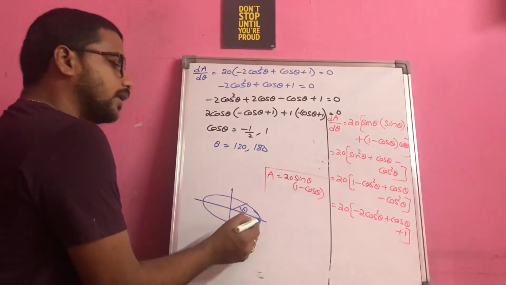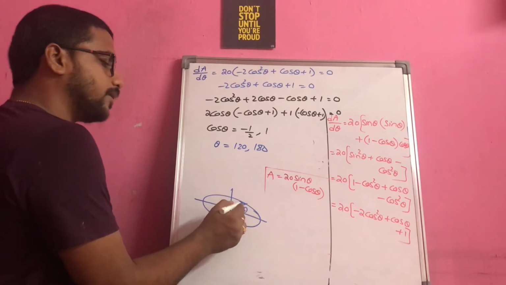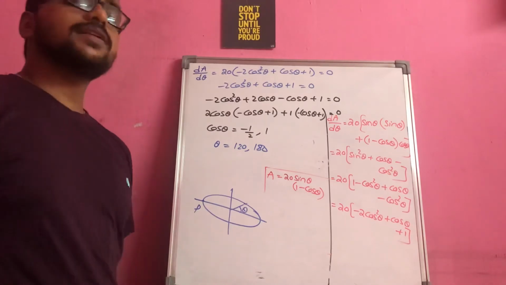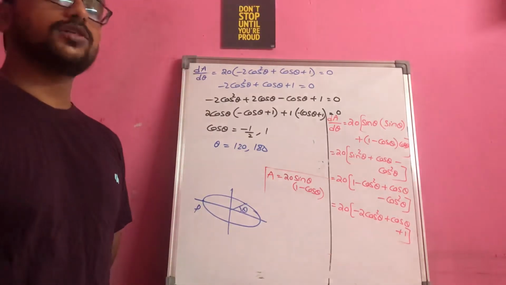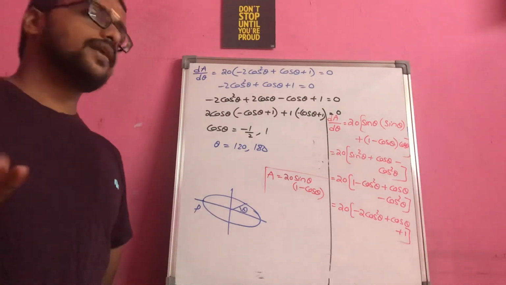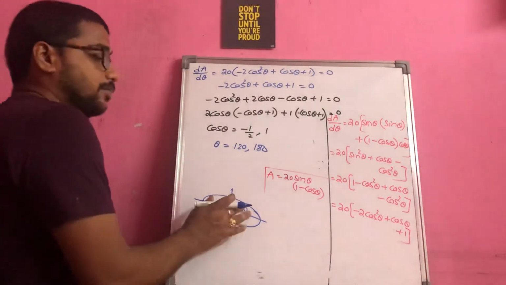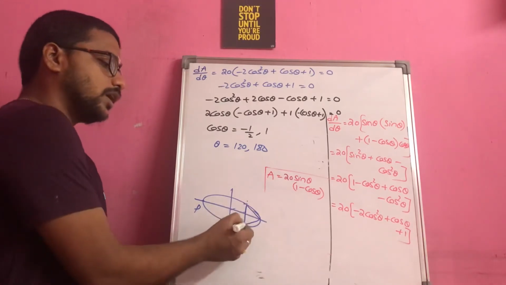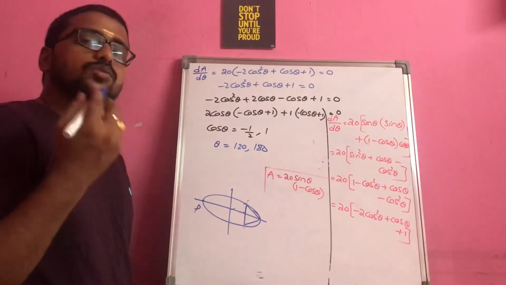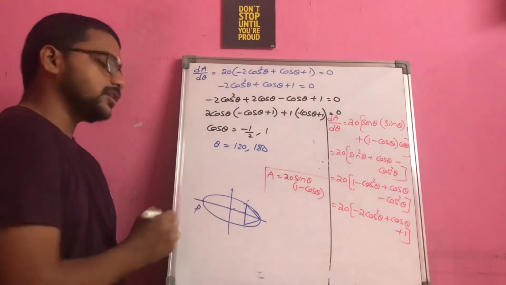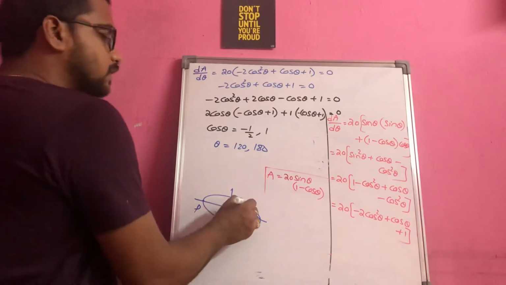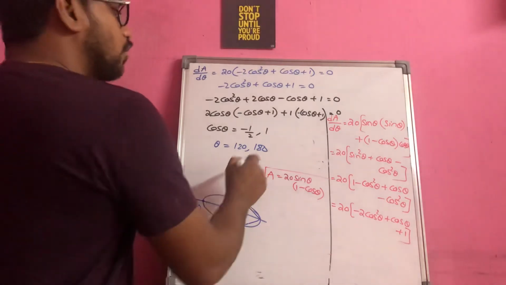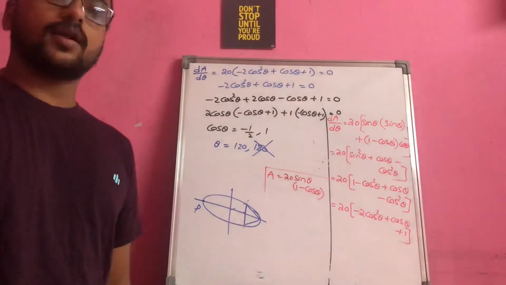Now theta 180 degrees means this point P has to reach this particular point, because the difference between 0 and 180 degrees is a shift from the positive towards the negative side. If you move, then it will make a shift of 180 degrees. But if you observe the figure, we had taken the triangle only in Q1 and Q4. There is no scope for placing theta at this particular point. When you place this point here, you won't get a triangle at all. So that's how I am eliminating theta equal to 180 degrees.